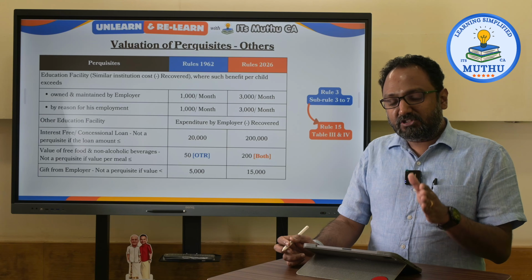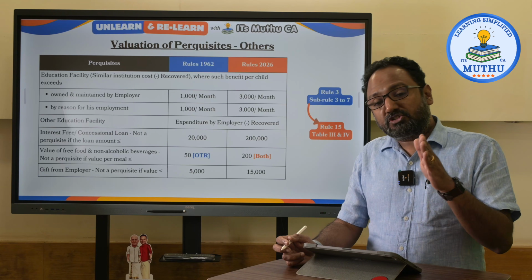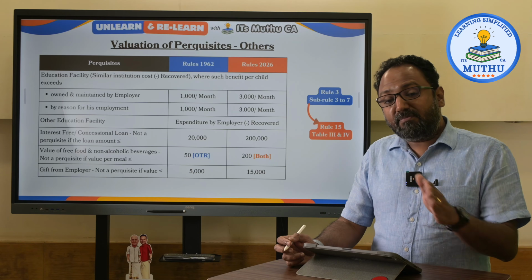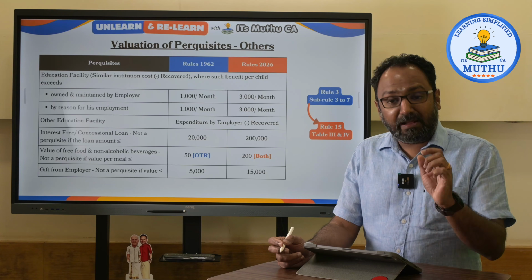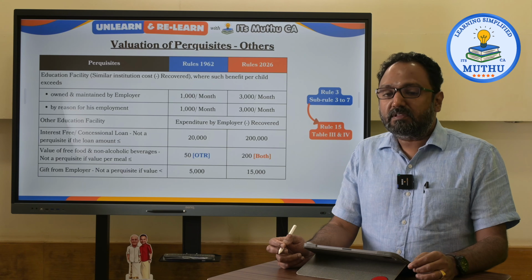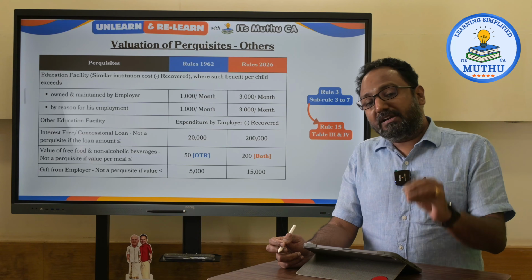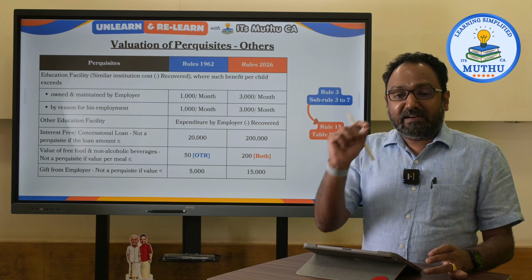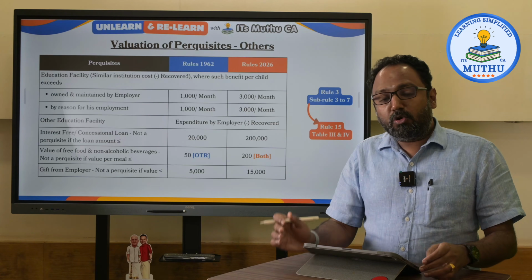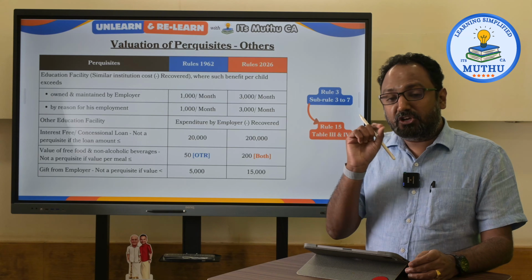So earlier, the value of free food and non-alcoholic beverages was not a perquisite if per meal is not more than 50 rupees. And this 50 rupees benefit was only eligible under the old tax regime. It was not available in the new tax regime. The relevant proviso which spoke about this condition of saying that it is only eligible for old tax regime is not there in the new